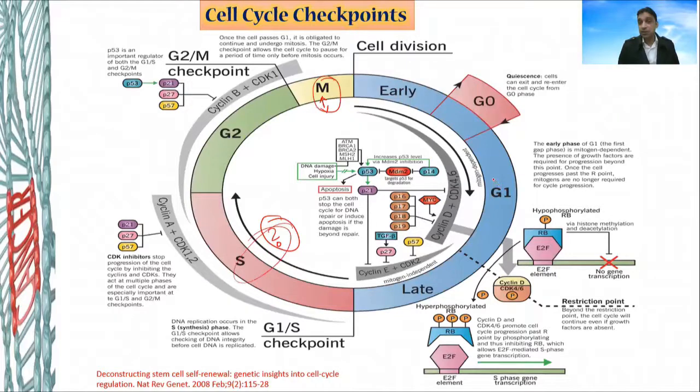If a cell is stuck in the G1 phase, that is still fine. Staying in the G1 phase, the cell might be able to do whatever job is assigned to it. And for the execution of the job, the G0 phase is there. The cell can stay in a non-dividing phase, and that is G0. It is also called the quiescence state. Cells can exit and go into the G1 phase whenever the supply of food and other things is there.